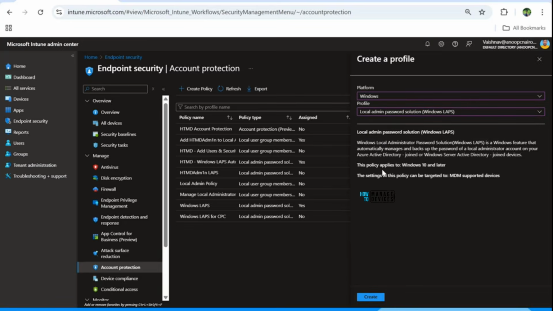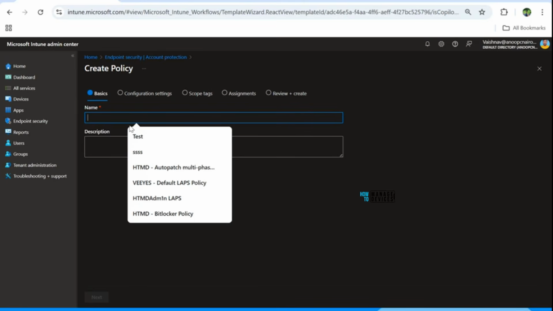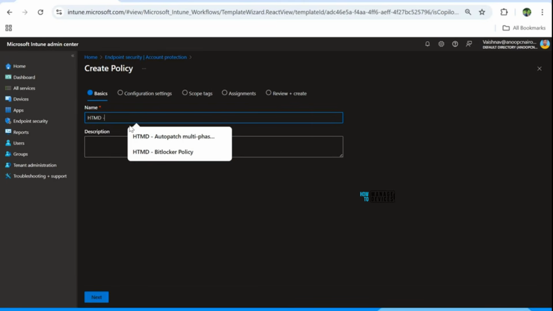Windows LAPS. Here itself it's mentioned that Windows LAPS, local administrator password solution, is a Windows feature that automatically manages and backs up the password of a local administrator account on your Azure Active Directory joined or Windows Server Active Directory joined devices. This policy applies to MDM supported devices and the operating system Windows 10 and later. I'll click on create, and here I'll mention the name as HTMD